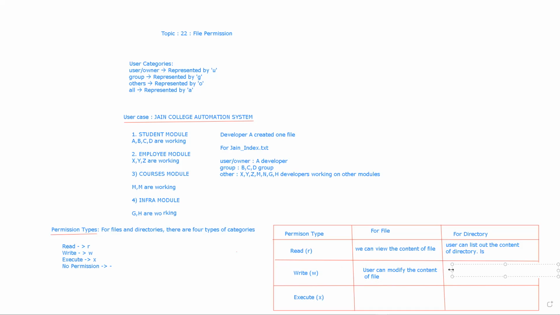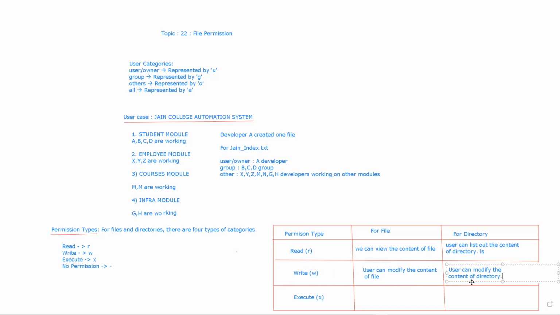And in a directory, let's say the user has the write permission for the directory, it means the user can modify the content of the directory. For a file, whenever we say the user has a write permission, he can modify the content of the file.